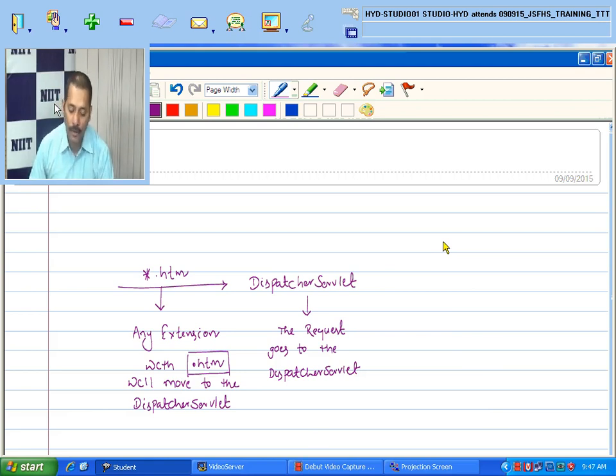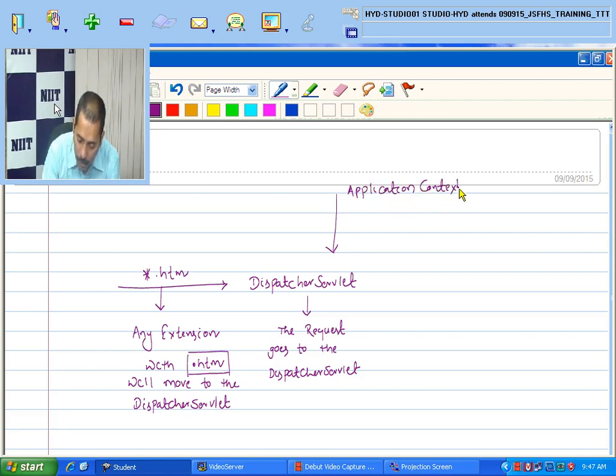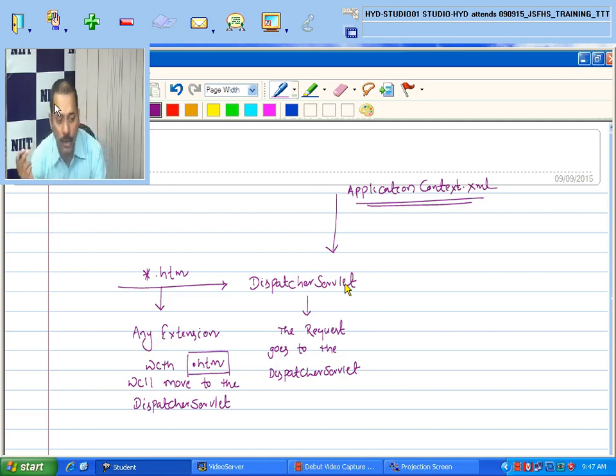Remember that it will use a file called applicationContext.xml, which will be loaded, and this will tell us where it has to go.